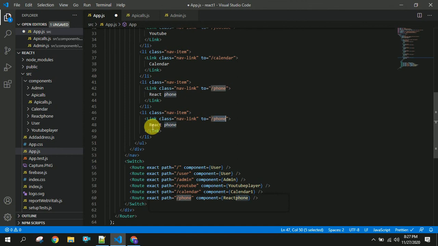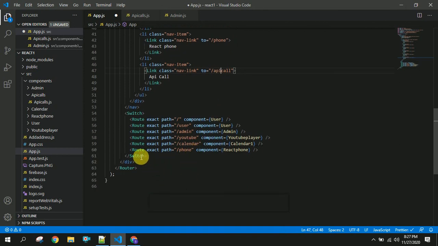Now I will go to app.js and create a link here, and whenever the user clicks on this link, it will be navigated to our API component. I am giving it as API call, and here I am going to copy this and paste here, API call.